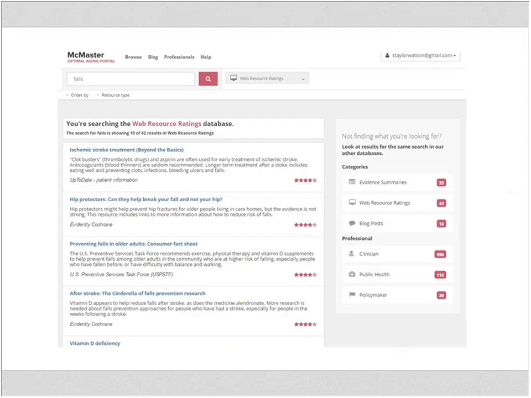So here's an example of resources here in a list. It's any consumer-friendly information that we find within these sites. So it might be a blog, it might be a fact sheet or a video, and the portal staff rate these using our quality assessment tool that has been created by the portal team. So the highest rated web resources use research evidence. They have a rigorous development process. They're easy to use and understand. And we also summarize the key messages for our readers to skim if you're interested in just getting the gist, or you can click on the links to go to those websites if you want to read more.